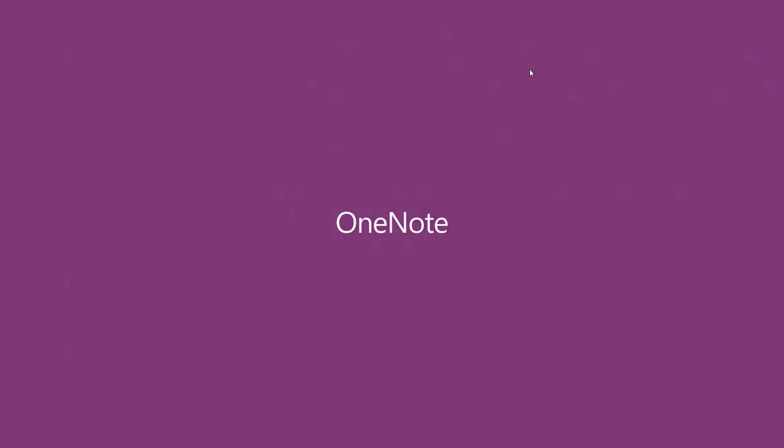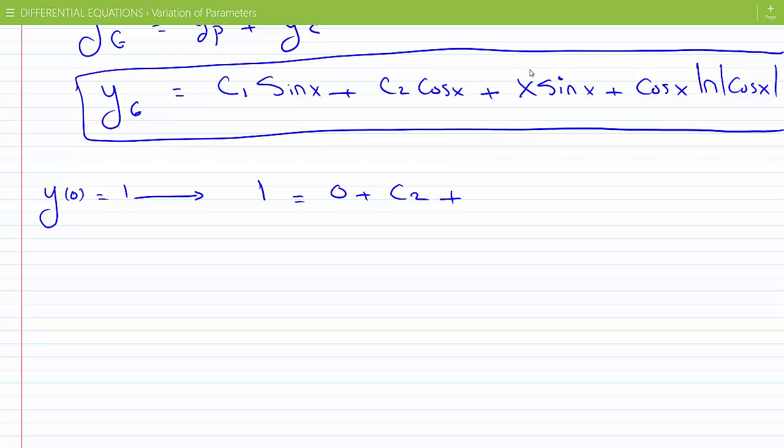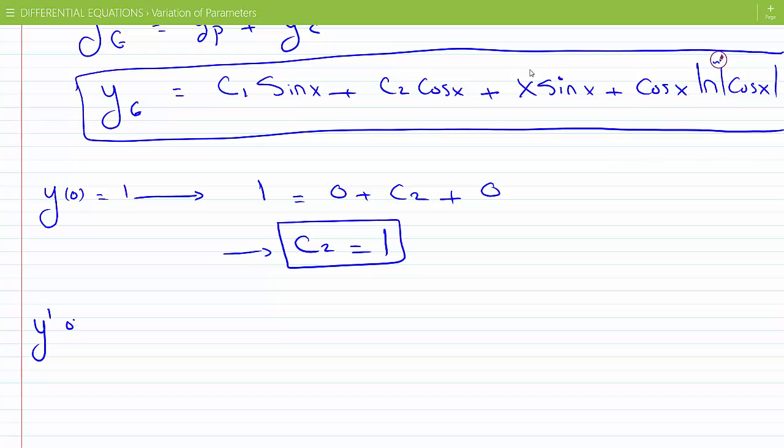That gives us c2 equals 1. And now we are told further that y prime of 0 equals 2. So let me get the y prime. Y prime is c1 cosine x minus sine x, because the derivative of cosine is minus sine, and c2 turned out to be 1,